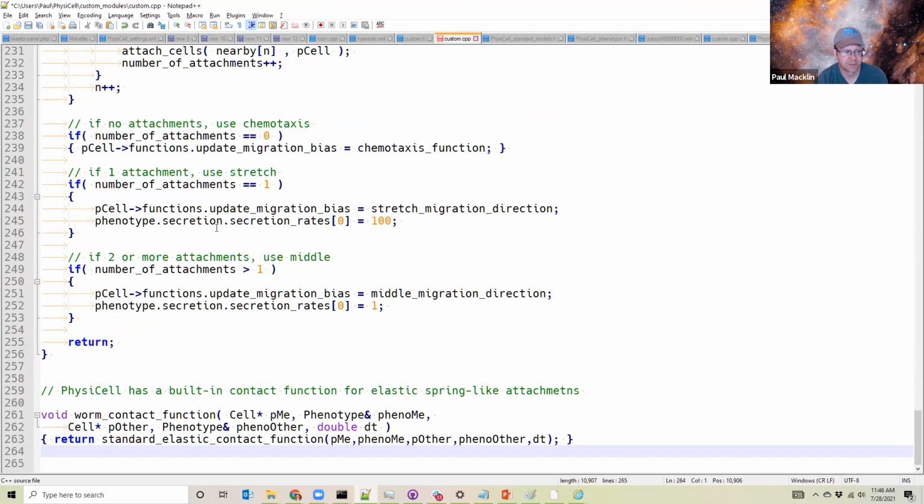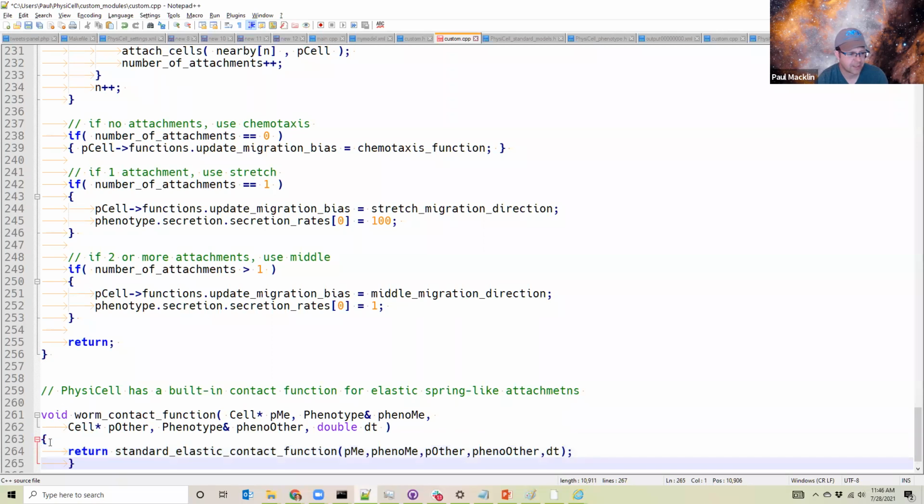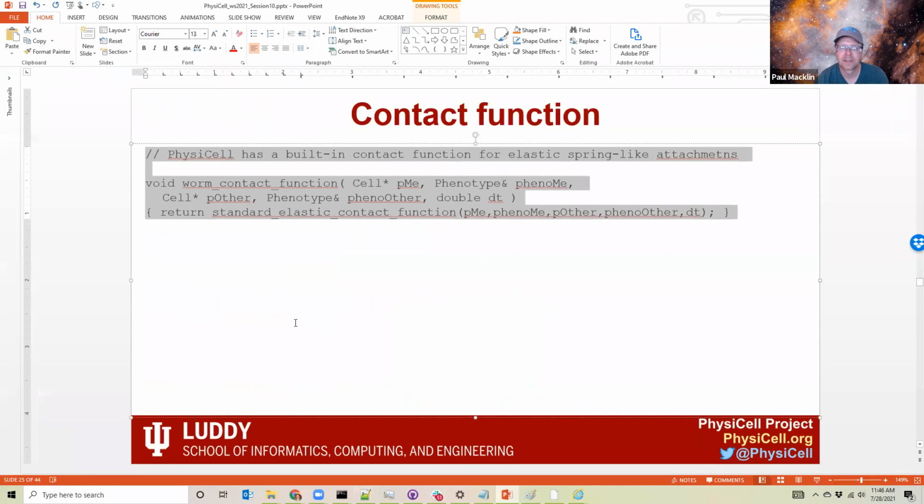My contact function, oh, this is almost too small. All my contact function does is say, use the built-in elastic contact function. That's it. So, not too shabby. So our contact function is really, really simple right now. We're going to say use the spring function. And then let's